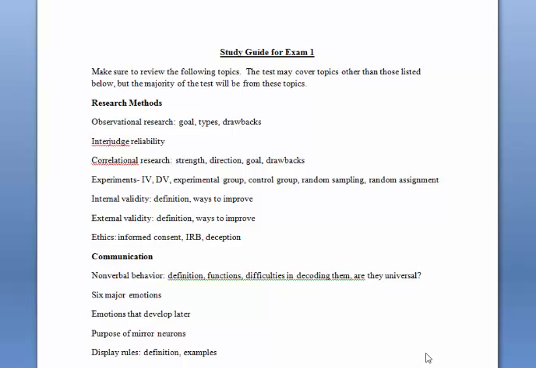So Exam 1 is going to be 50 questions. There's going to be 35 multiple choice, 10 true false, and 5 matching. Also keep in mind that there are going to be 2 opinion questions. So the last 2 multiple choice questions are always opinion questions, where as long as you mark an answer, you'll